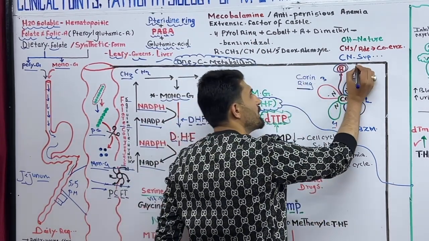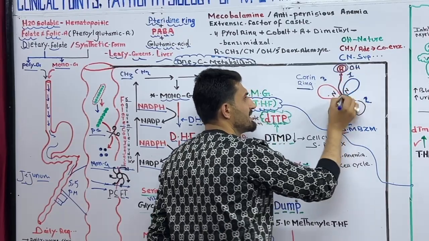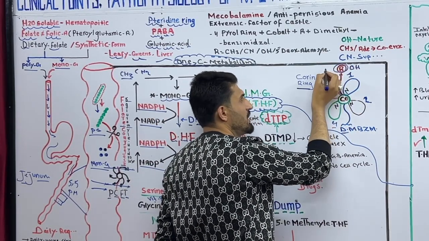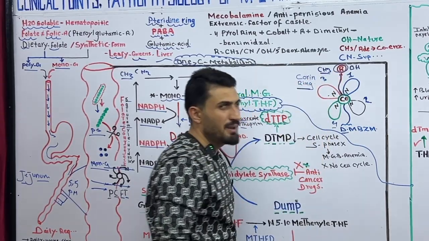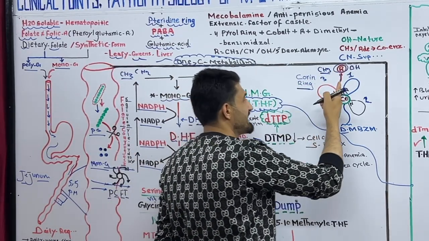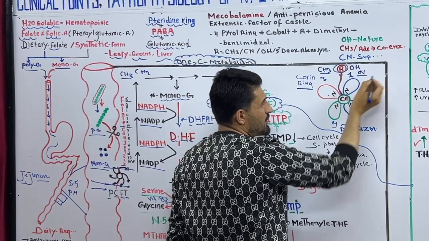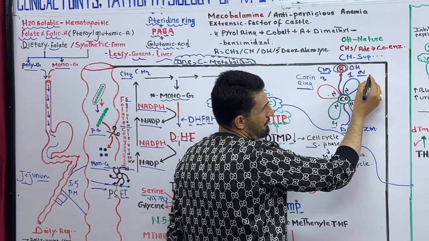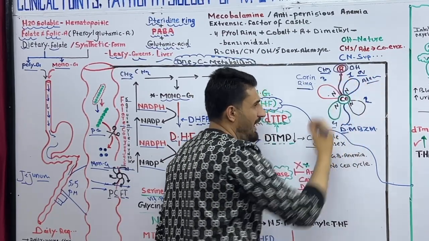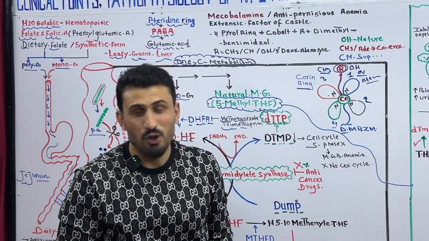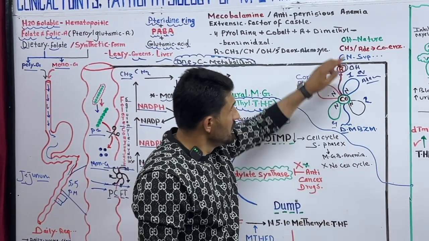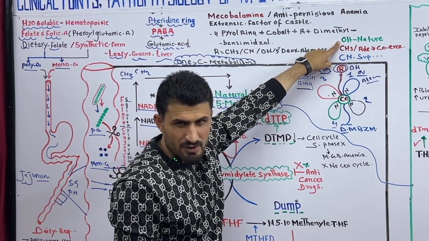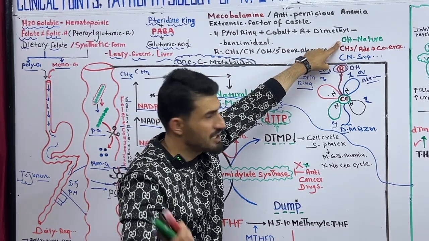If I put an OH group here, this is called hydroxocobalamin. If I attach here a methyl group, this is called methylcobalamin. If I attach here a cyanide group, this is called cyanocobalamin. If I attach here, for example, an adenosyl group, this is called adenosylcobalamin. We can find hydroxocobalamin in nature, okay, and it's also used in injections,